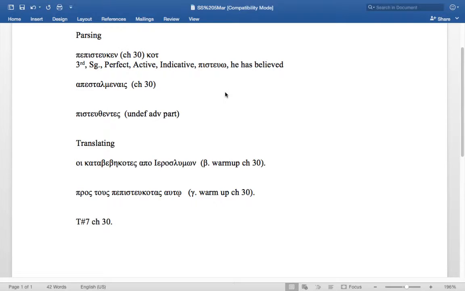Epistalmenais. All right. The first thing I notice is that, okay, it's from apostello, but there's a stem change, which tells me two things. For one, it's not a present or a continuous participle because that always forms from the lexical form or the present tense stem. And I guess the second thing isn't something you know just by looking at the form, but we've got three kinds of participles. We have the present or continuous, aorist or undefined, and then the perfective. This does not have